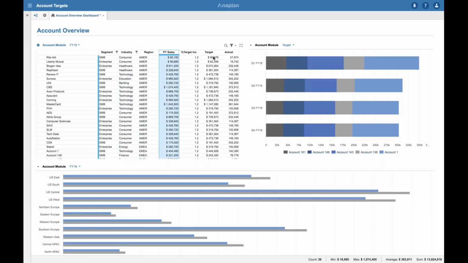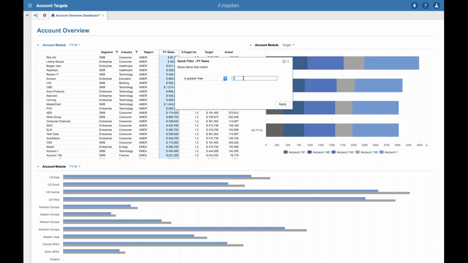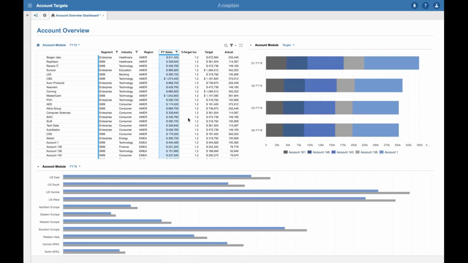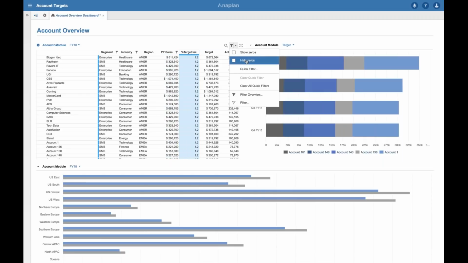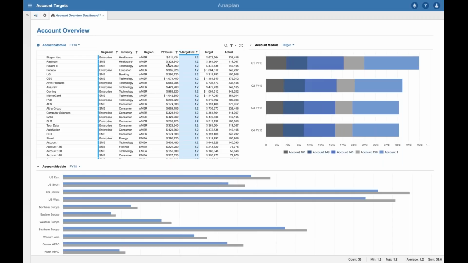I then want to go to the prior year sales. So again, I'm going to click the icon, and I'm interested in prior year sales that are greater than 100,000. And I can apply that. And I'm interested in where the target percentage, and I'm going to hide the zeros. So I've quickly applied 4 quick filters to my grid,